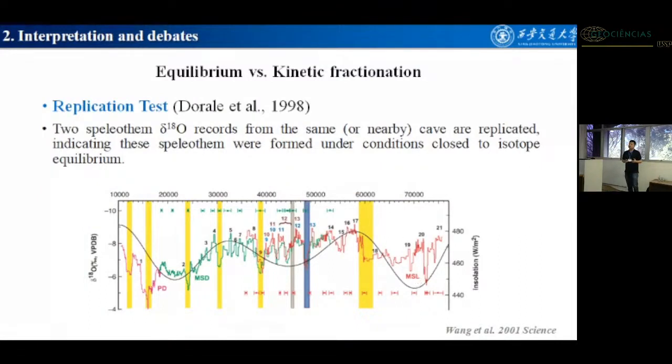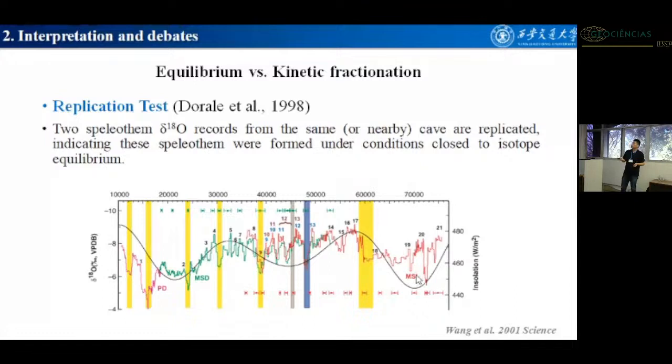Actually, most stalagmites grow very slowly, so it's very hard to drill samples in the same growth layer. So Dorale proposed another test called the replication test. It means using two stalagmite delta O18 records from the same cave or two nearby caves. If their records are replicated, then it means these specimens were formed under conditions close to isotope equilibrium,